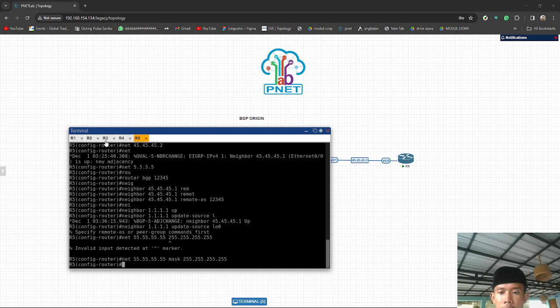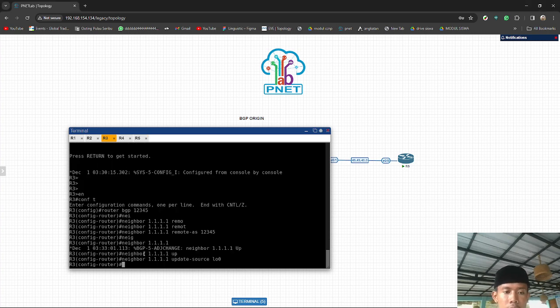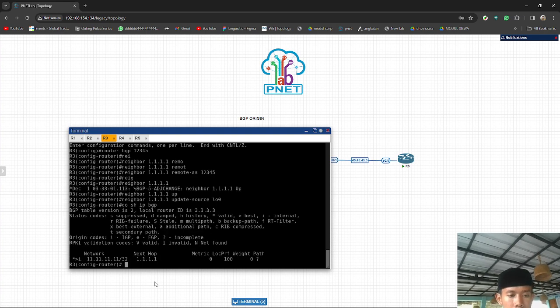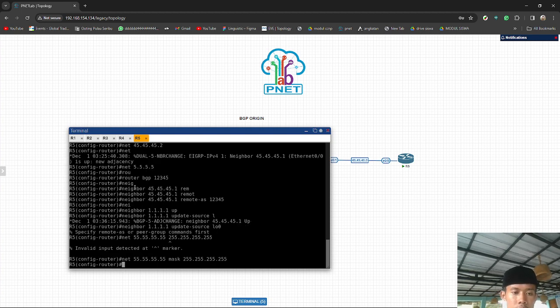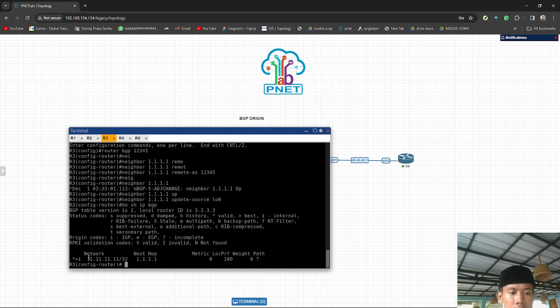And let's check show IP BGP in the third router. Do show IP BGP. Okay, there is a network 11.11.11.11 in here. So that means our configuration is completed and successful. I will explain a bit in here.